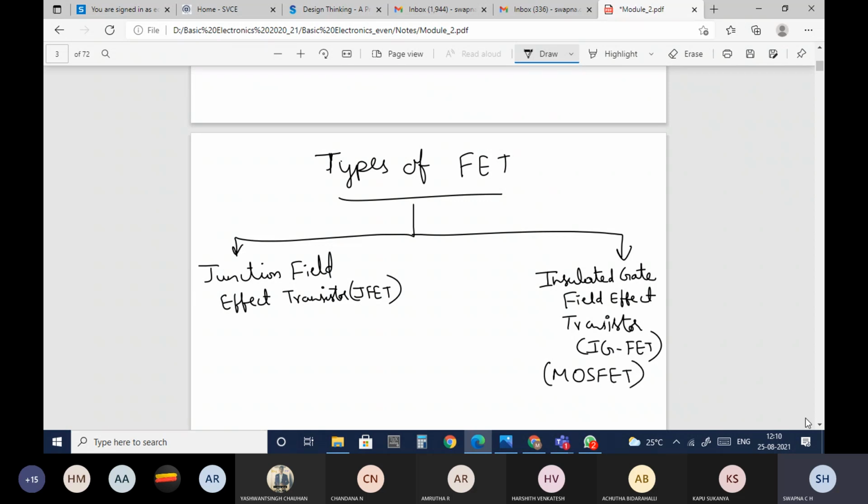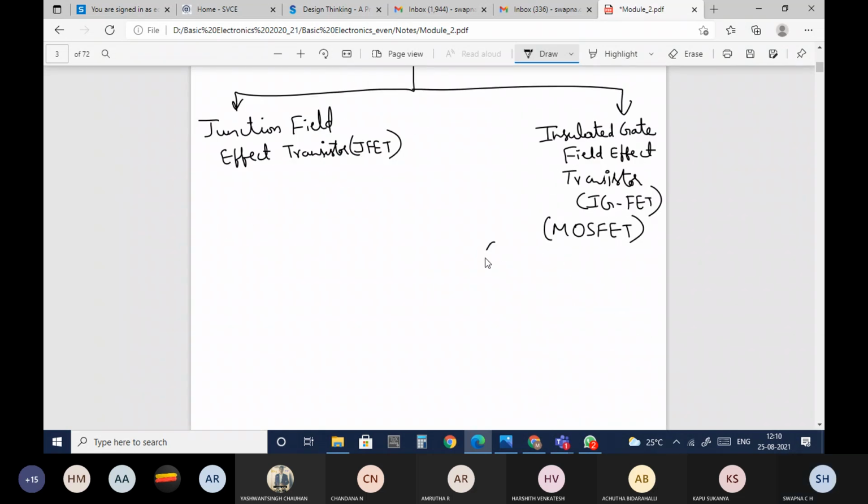MOSFET means metal oxide semiconductor field effect transistor.